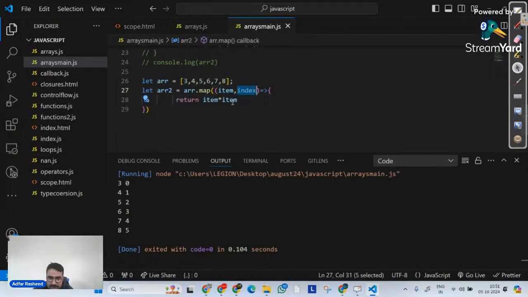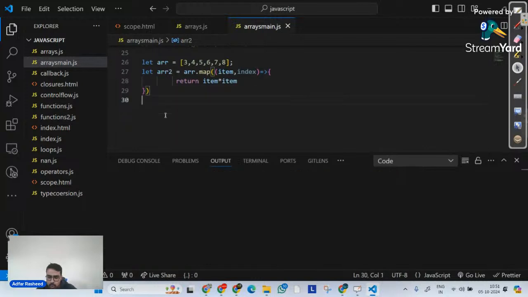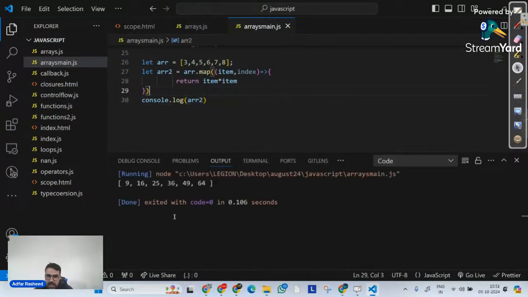Then it will perform the operation. Since arr2 is an array, because this method returns an array, it is simply going to put item into item. Since item is 3, 3 into 3 is 9, it is going to put that in arr2. So arr2 is equal to an array depending on what my map's return logic is. So if I now go here, console.log my arr2, and execute it, you can clearly see how it is going to be.